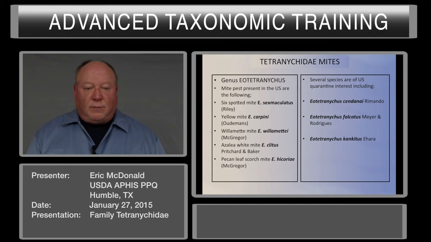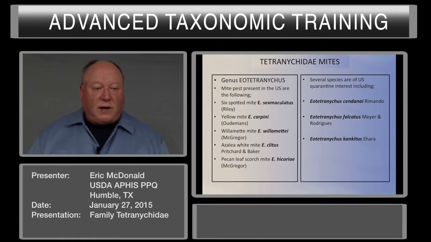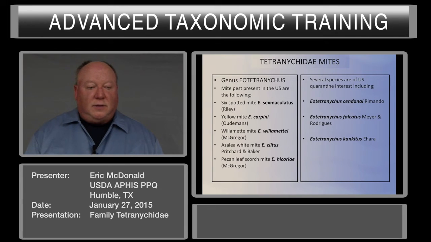The azalea white mite is a pest of azalea and attacks passion fruit, blackberry, and cherry. And the pecan leaf scorch mite attacks pecans, other hickories, and a variety of ornamental trees. 3 species are of concern to U.S. quarantine at the moment. They are Eotetranychus